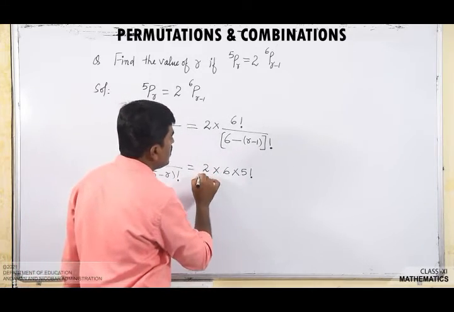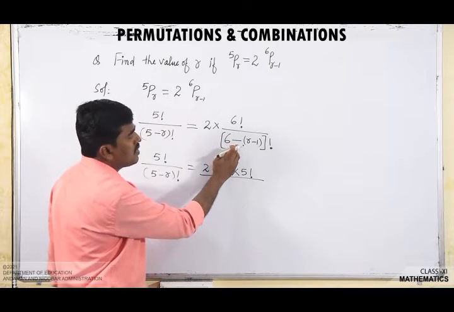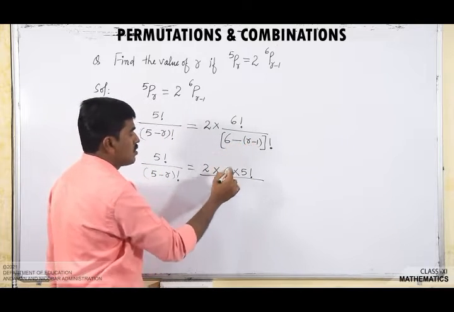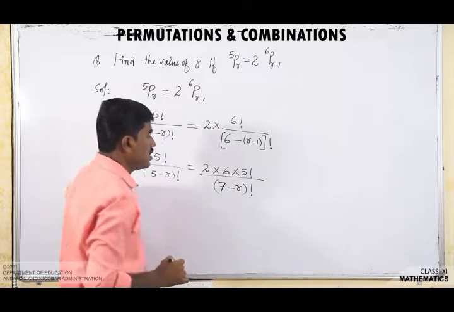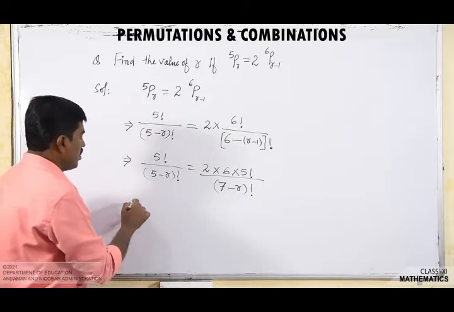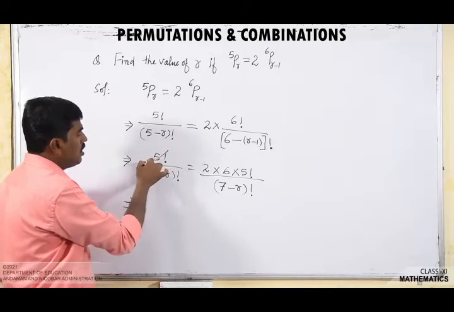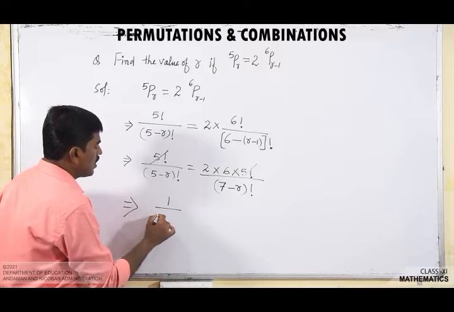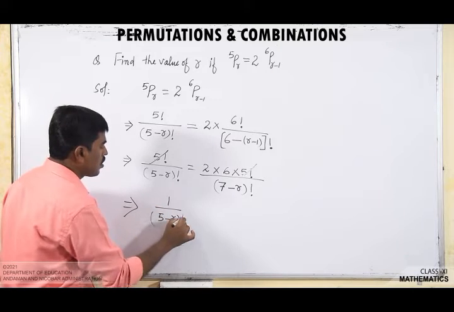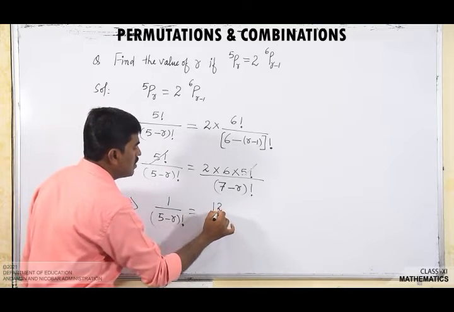So it is divided by, now it is 6 minus r plus 1, so we can write (7 minus r) whole factorial. Now this 5 factorial gets cancelled. So we can write 1 divided by (5 minus r) whole factorial is equal to 12 divided